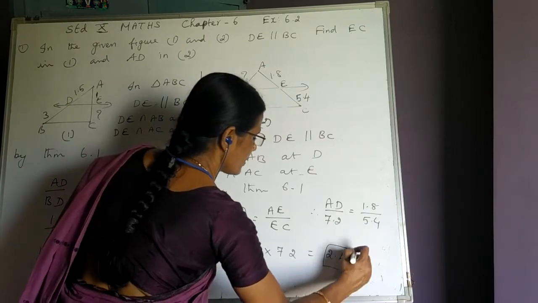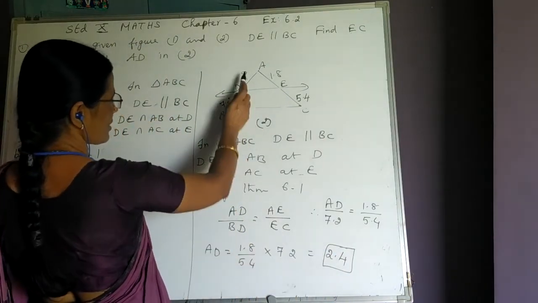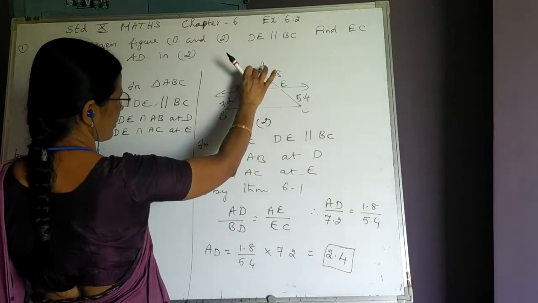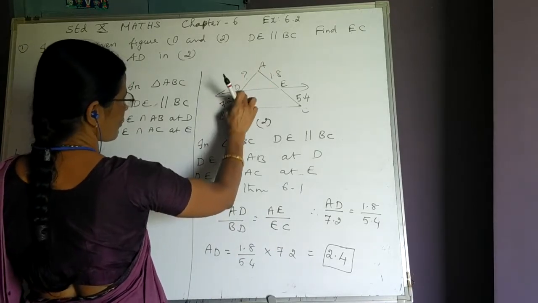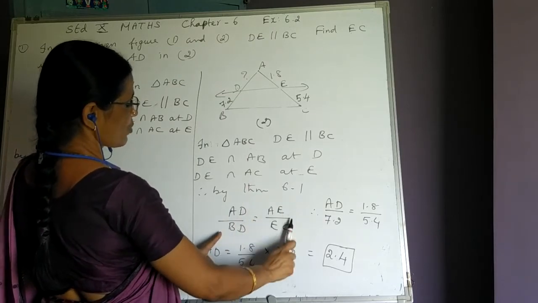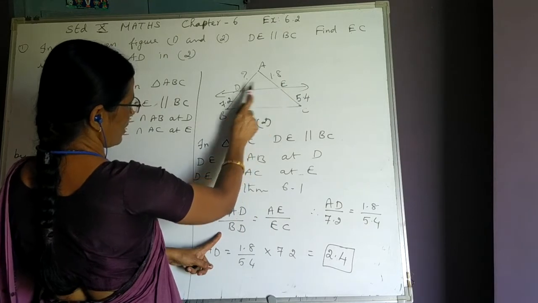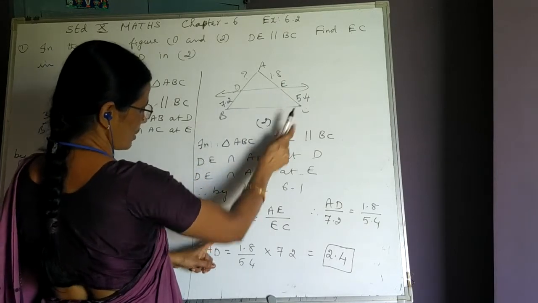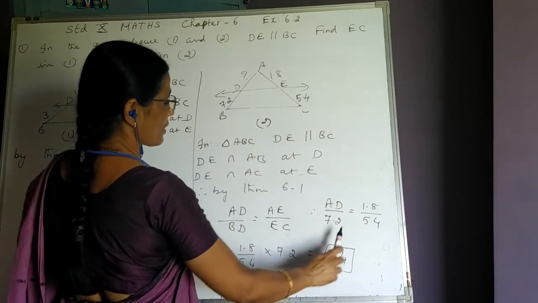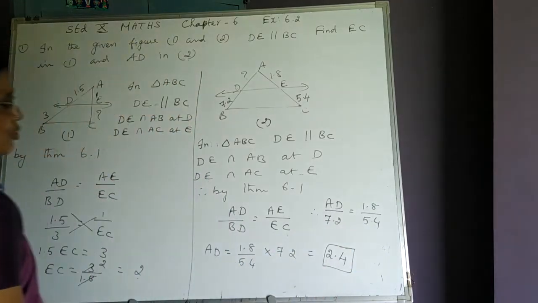Hope you understood. This is the main point, how we take this ratio. So consider the question mark. The question mark is for AD. On the same side, the number is given for BD. Therefore, we have taken AD upon BD. What are the corresponding terms on the other side? Because AD is taken, on the other side AE should be taken. In the place where we take BD, EC should be taken. The numbers are substituted and simplified, and we get the answer 2.4.